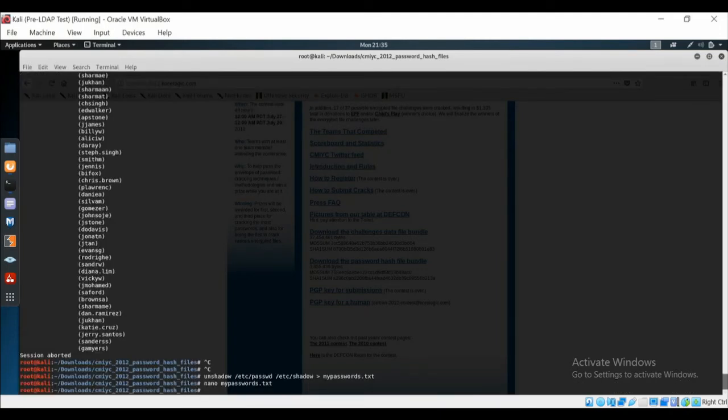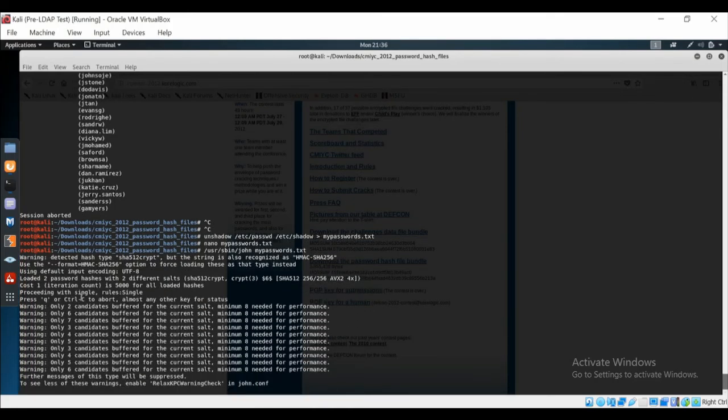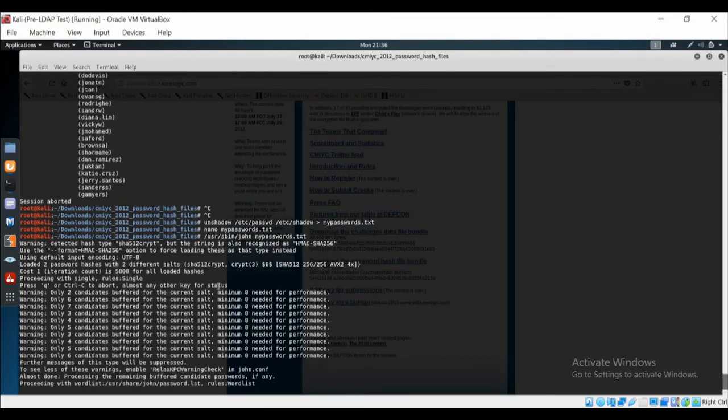So close that out. We'll run user sbin John, provide it with mypasswords.txt, hit enter. It loads two different password hashes, is running through them, and is going to start out again with single,